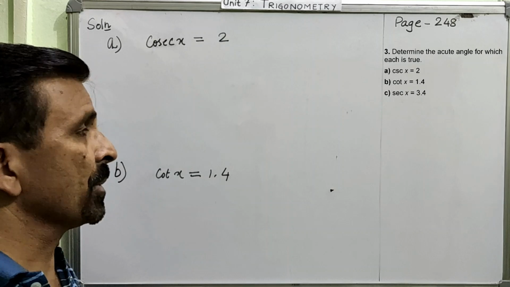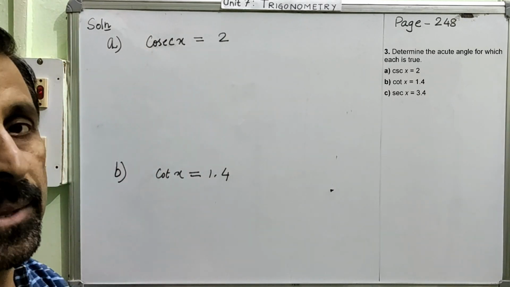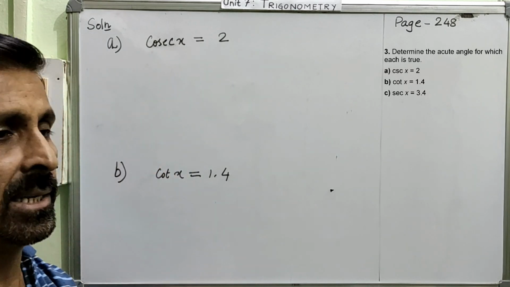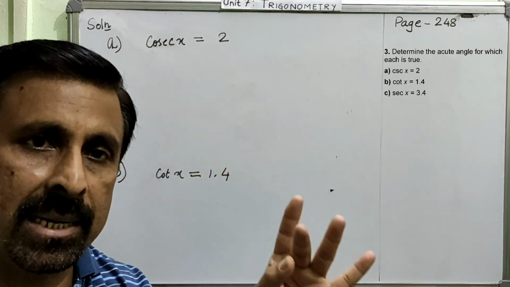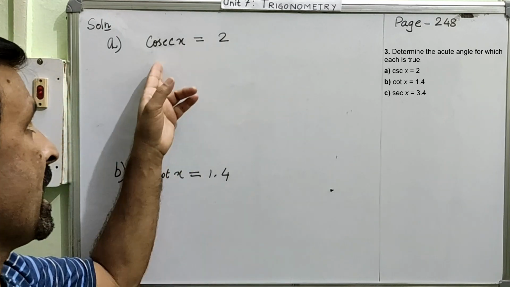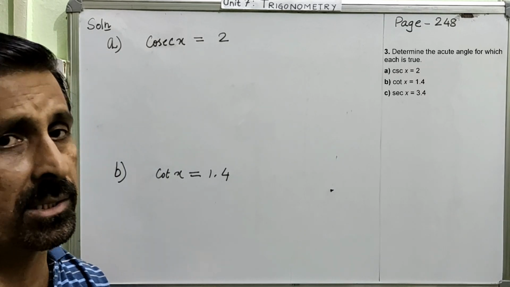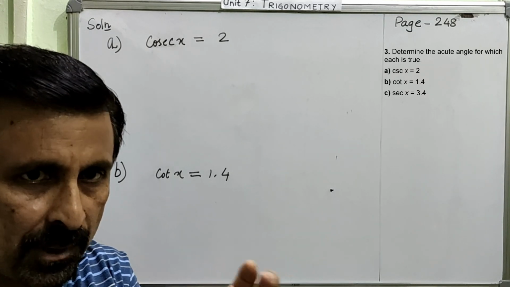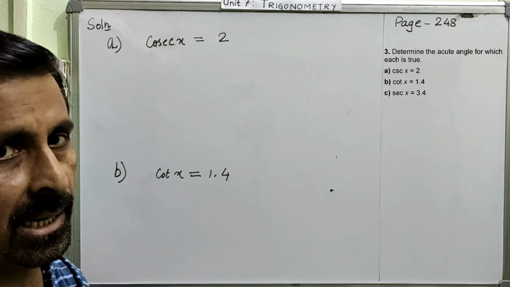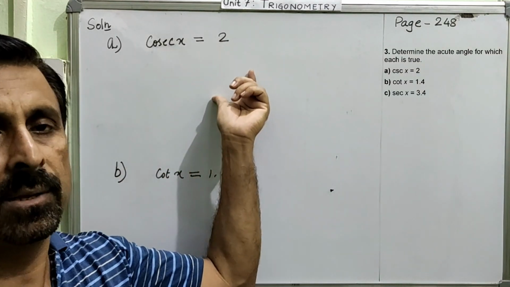But here I will tell you, we can do it here also, but the problem is, these are all reciprocals. If these were fundamental trigonometrical ratios, in place of this cosec and cot, if it was sine, cos and tan, then we can do it directly, as you have already seen before. But these are now reciprocals. So in the case of reciprocals, we cannot do that because we don't have these reciprocals on the calculator. That is why we are unable to do it directly. And therefore, we can always solve the reciprocal ratios